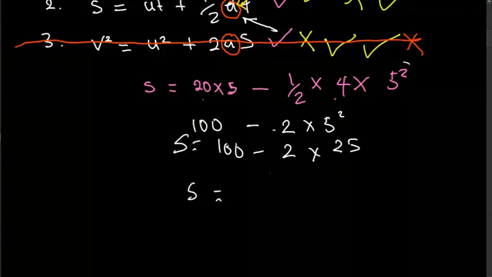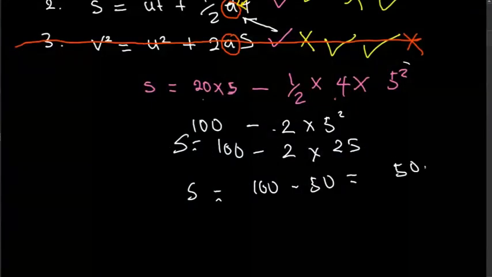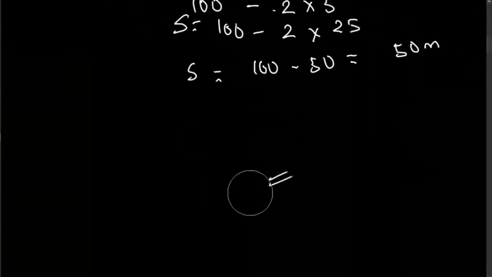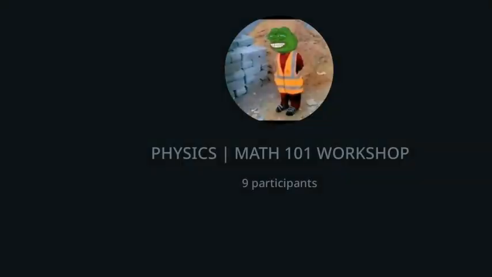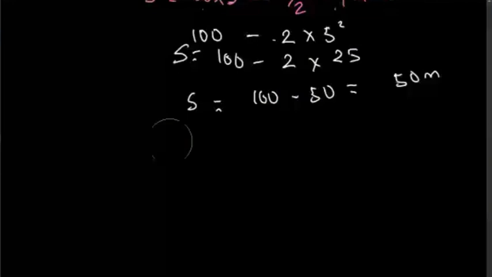So our distance is equal to 100 minus 50. Therefore, our distance is what? 50 meters. Hence the need for a fourth equation of motion, because you can see these steps we have used are too long. It is very, very long, and we don't have the luxury of time. So there's a shortcut formula. I would have tried to derive it, but I don't want to confuse you further. But just know that there's a shortcut formula where we have